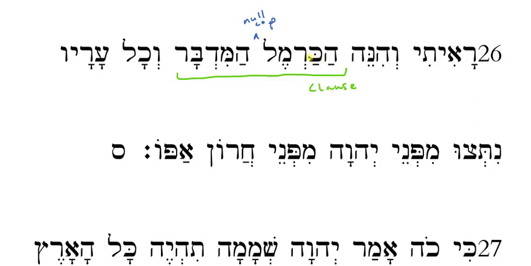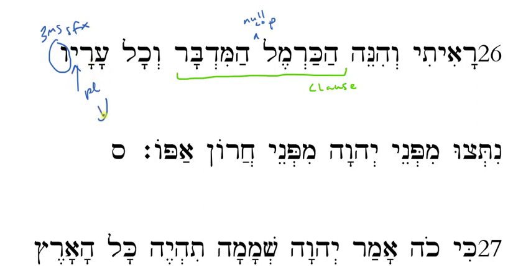So what is ha-karmel? It is a fruitful place. But it's got the article here. So it's the fruitful place was ha-midbar, was the wilderness. That is to say, it had been a fruitful place, and now it has become a wilderness, or the wilderness. V'khol arav, and all the cities of, which pronoun is this? That's right, that's a 3ms pronominal suffix. The yod tells you that the noun that it's attached to is plural, so it's the plural things of him.